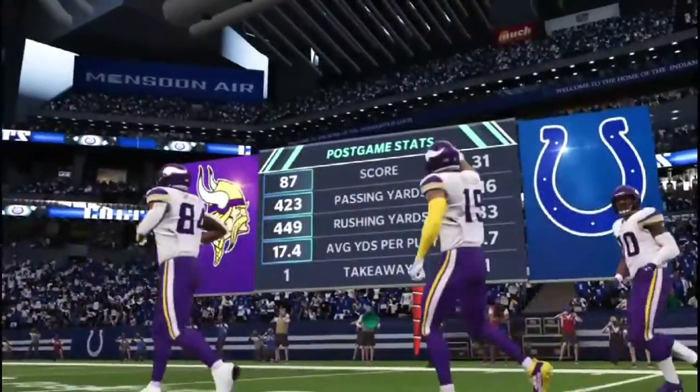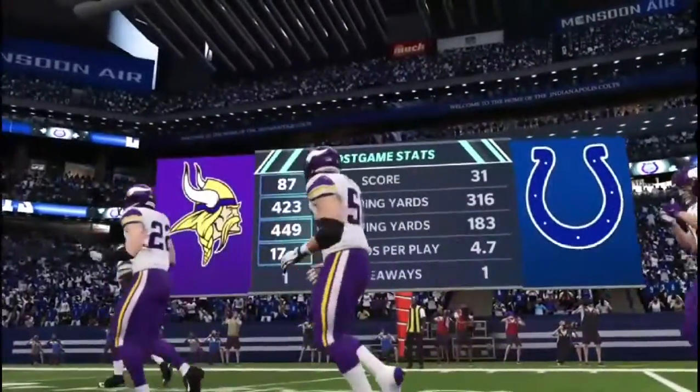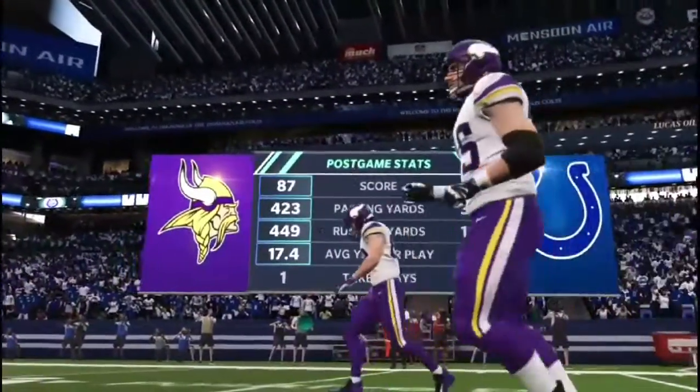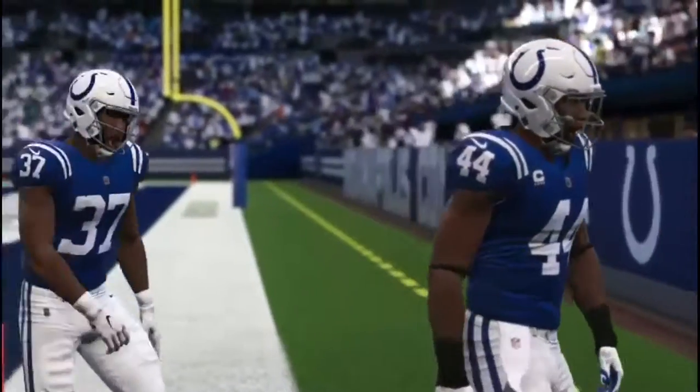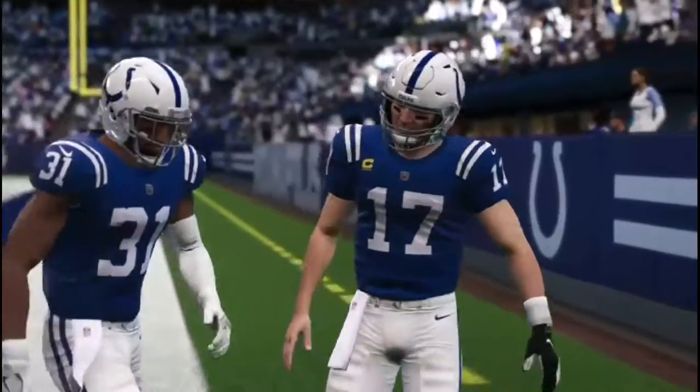So for Minnesota, it was a great all-around performance as they come out of this one with the victory. And they will head home next week to take on the Tennessee Titans. Meanwhile, for Indianapolis, they'll fall to 1-1, and they'll be back home